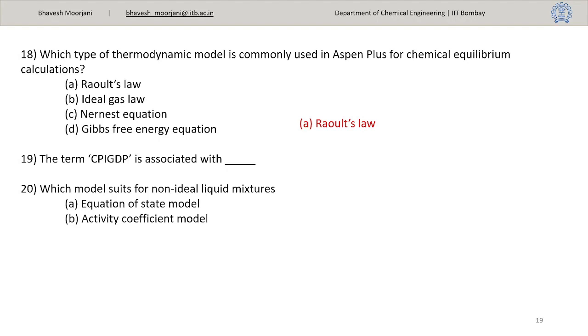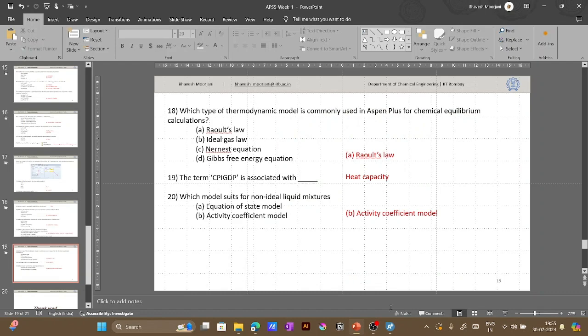The term CPIGDP is associated with something I think we have looked into, if you remember. If you don't know, then what will you do? You have to just search in the Aspen Help button. Search in the help button. So if I do it,